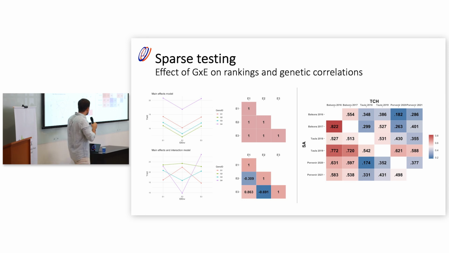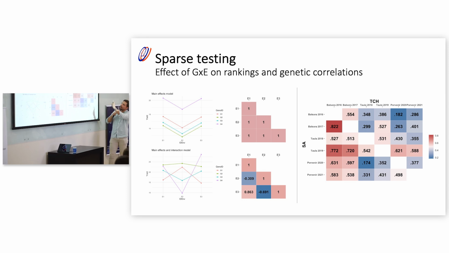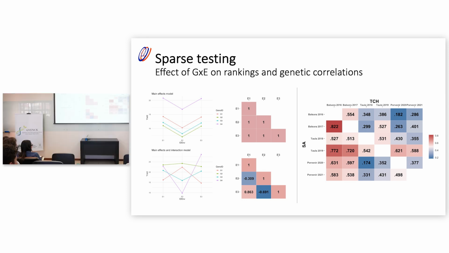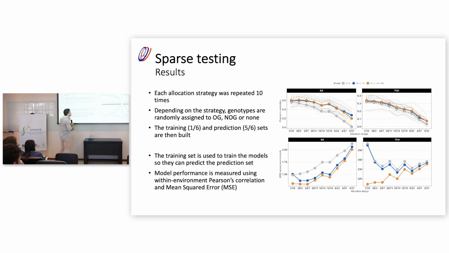This is the reality in our data. We have the 2 traits here. This lower triangle matrix is the sugar accumulation, and this one is the raw weight. We have correlations that are positive, but they are changing. These values mean that there are a lot of changes in rankings. The lines that are good in one environment are not necessarily good in others. So this is why we need G by E, basically.